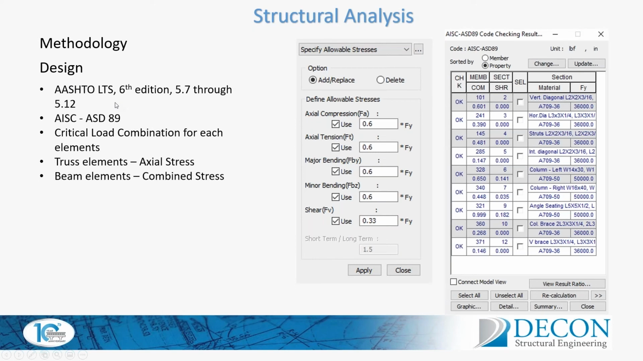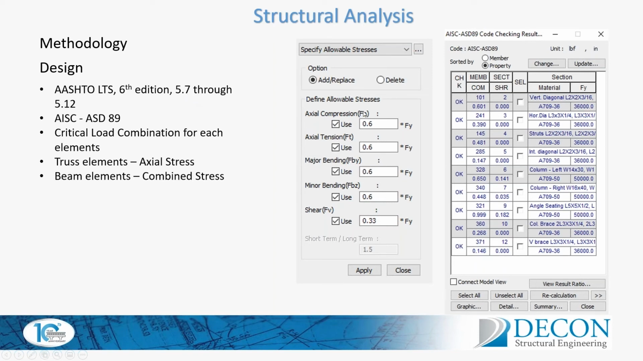AASHTO LTS 6th edition, from clause 5.7 to 5.12, talks about the design of each element under different loading conditions. So in MIDAS, we used AISC ASD89 as a code because it has an option called specify allowable stresses. That means you have the freedom of defining these 0.6 or 0.33. These are the numbers which we got from the AASHTO LTS 6th edition, from 5.7 to